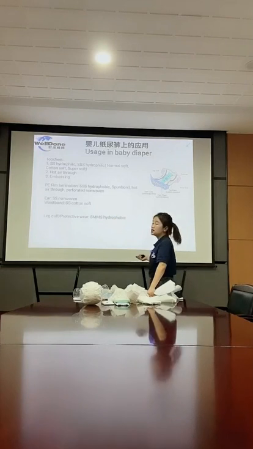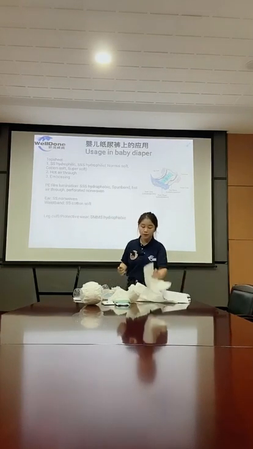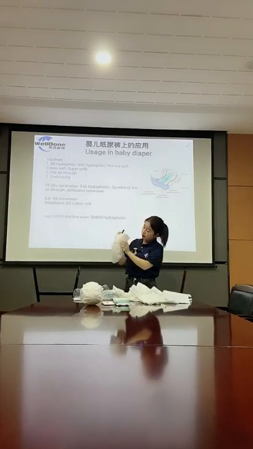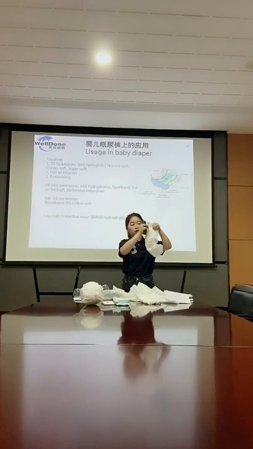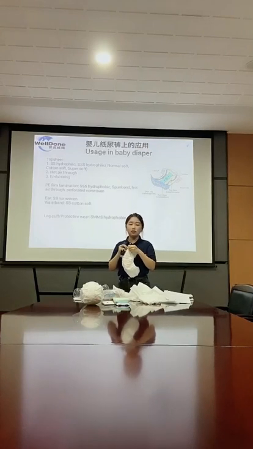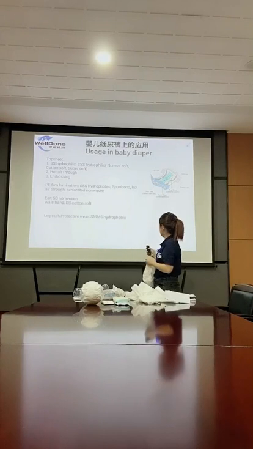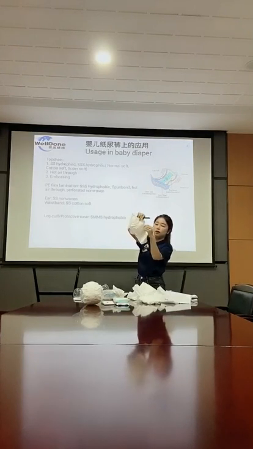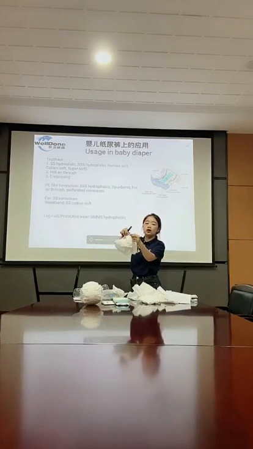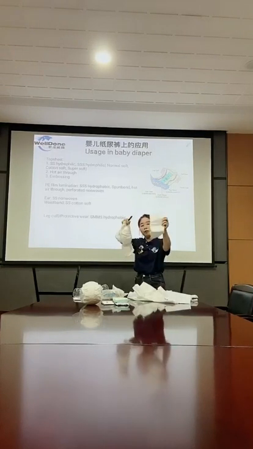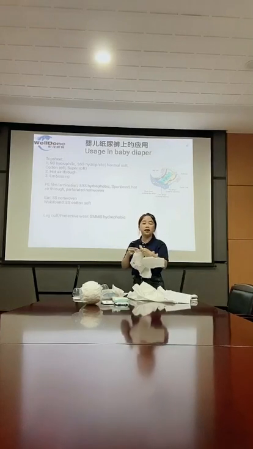And about the SS hydrophobic nonwoven, we will use it in the waistband of the baby pants. We will use hydrophobic nonwoven to avoid the liquid or blood leaking out. And about the leg cuff, we will also use the hydrophobic nonwoven. This is our nonwoven application for baby diapers and baby pants. We will use many hydrophilic nonwoven and